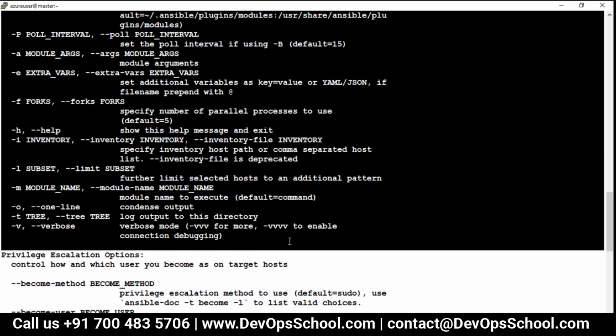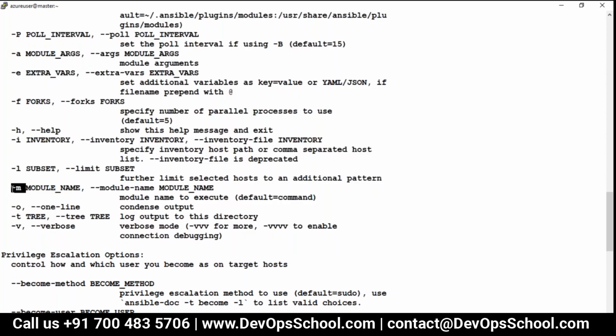Dash M. Which one? -m. See here. So I will learn myself. You will learn yourself. Module name. So here you can specify it. But let's say if you don't specify, then what will happen?